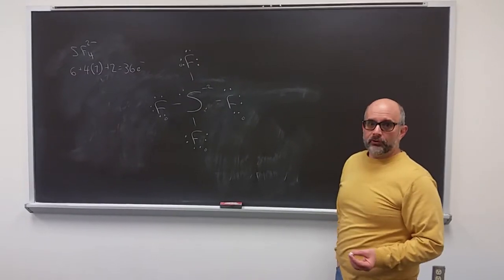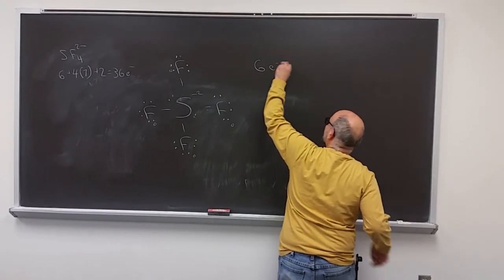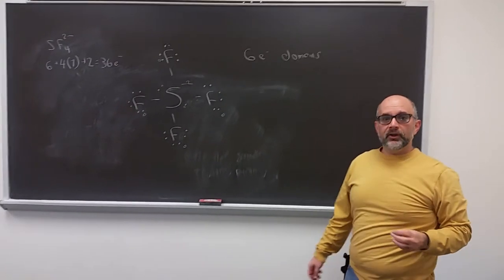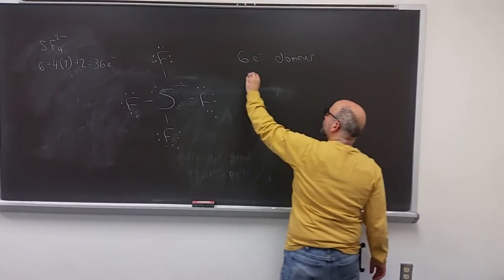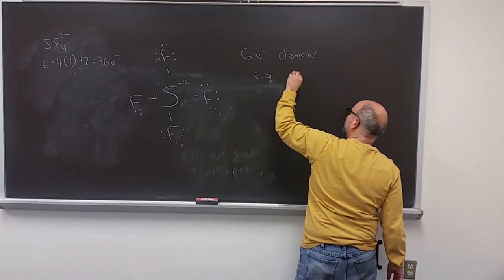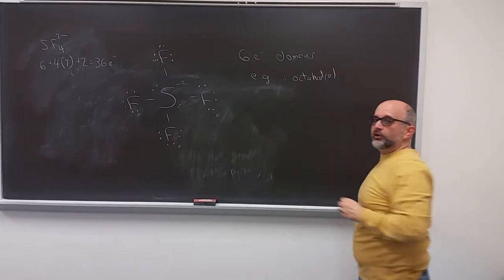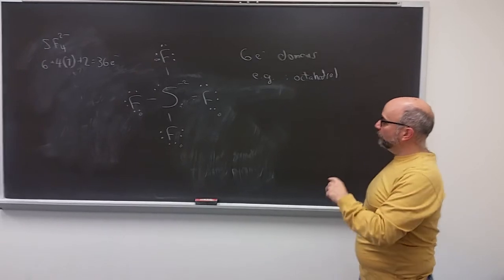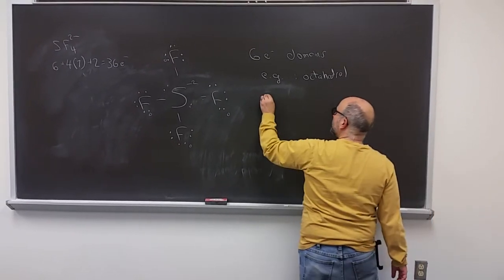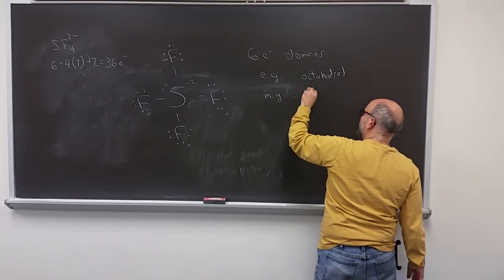Now, what does this molecule look like? So we have 6 electron domains around that central sulfur. So the electronic geometry is going to be octahedral. 2 of the 6 electron domains are the unshared pairs. So the molecular geometry that we learned for that particular case is